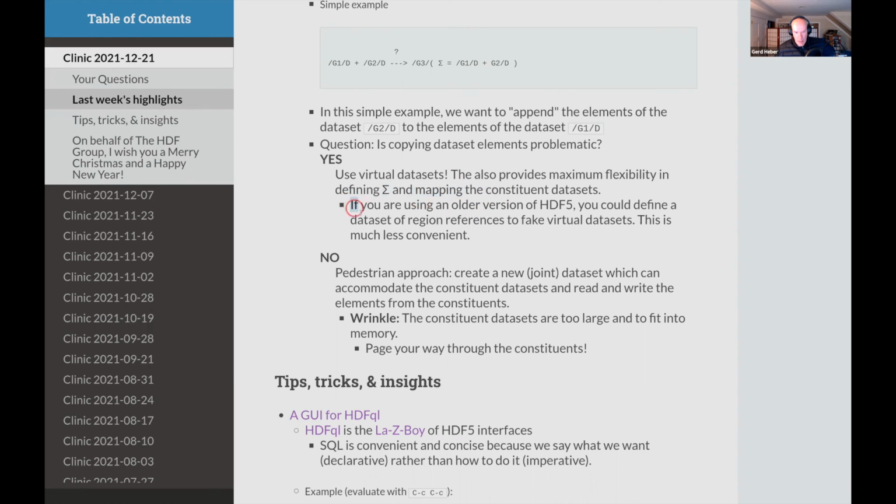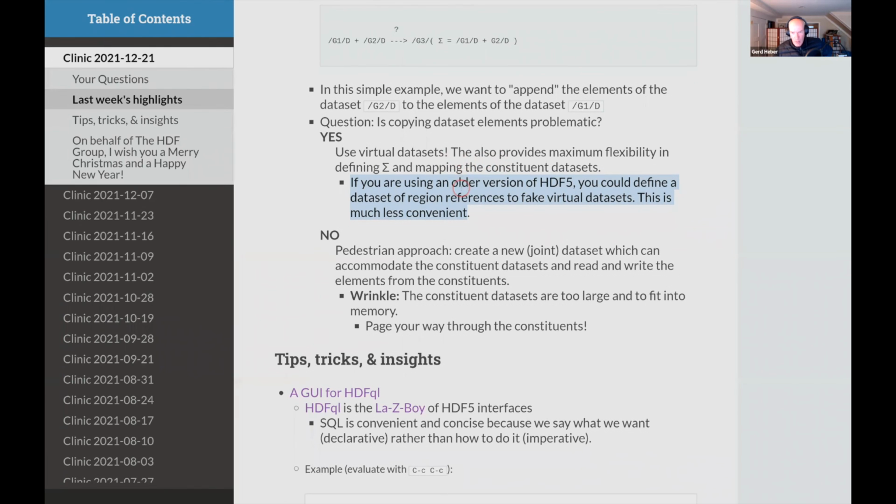And as a side note here, virtual data sets, I believe, were introduced in version 1.10 of HDF5. So if you are running 1.8, unfortunately, you do not have the luxury of virtual data sets. However, you can create what I would call fake virtual data sets. We have this concept of data set region references, where you can refer to a region of a data set, but also the entire data set if you like.